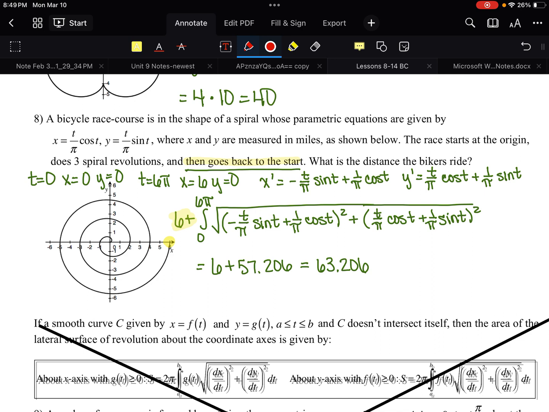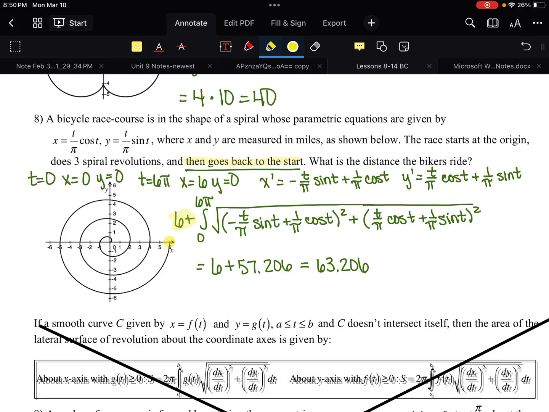So when is 6 equal to t over pi, and when is 0, the y coordinate at this point, equal to t over pi sine t? So there you go, 6 pi. So I need the integral from 0 to 6 pi